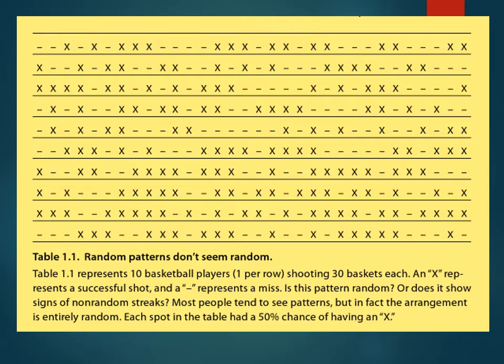Because your mind kind of gravitates towards, oh, the guy got 5 shots in a row. That looks like a pattern, right? Well, if you actually were to do the statistical test, you'd find that there's basically no actual pattern here. It's just random chance. And so we're going to be looking a lot at random chance and how well the data or the results that we're seeing could just be due to random coincidence, or are they actually statistically significantly different than that? Isn't it just chance doing this? So that's some of the things we're going to be looking at with this course.